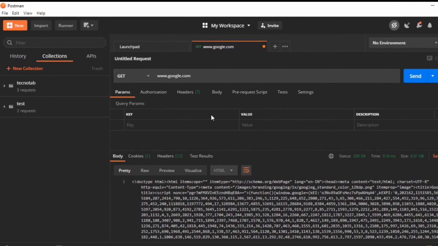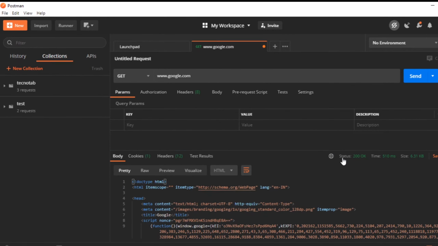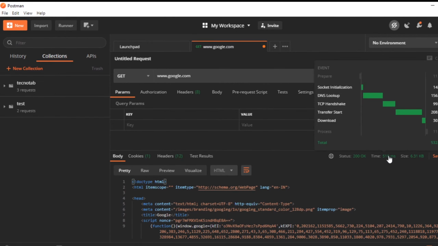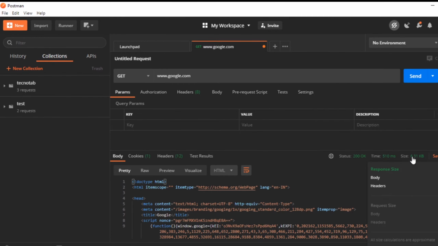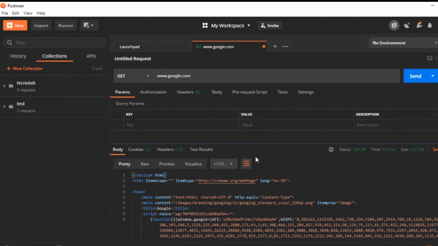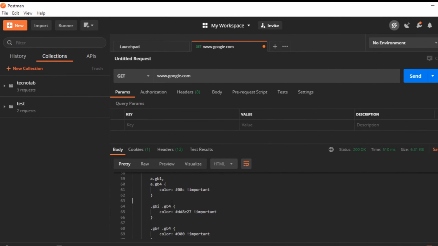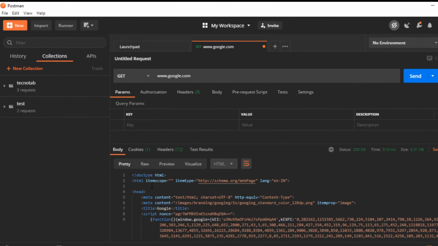So this is the request and this is the response part. We have the status of 200, the time taken is 510 milliseconds, and the size of the request. When you go here, you can see the response, that is HTML response type, and you will see everything that comes with Google. When you hit Google from the browser, the same thing you will get here, but in coding format.